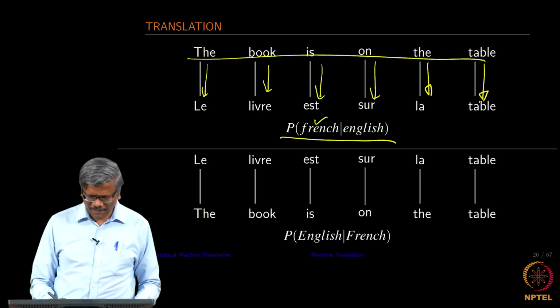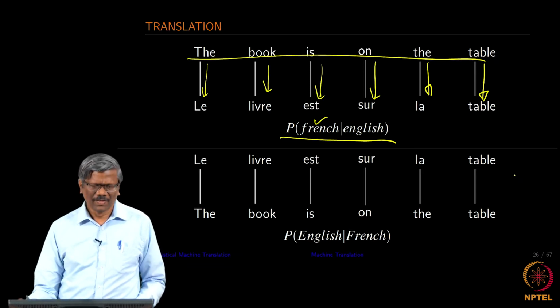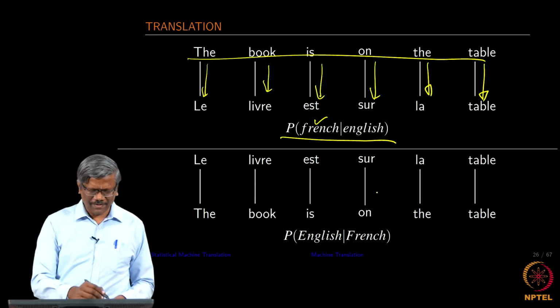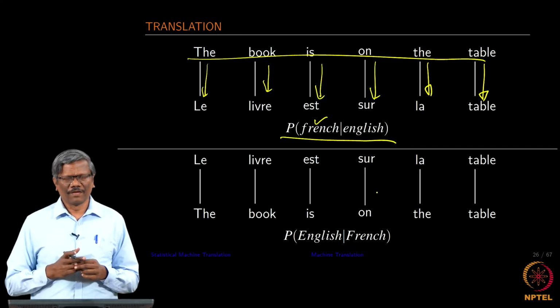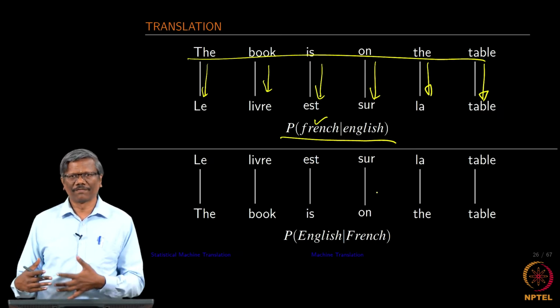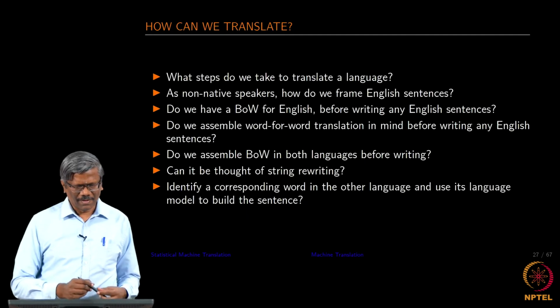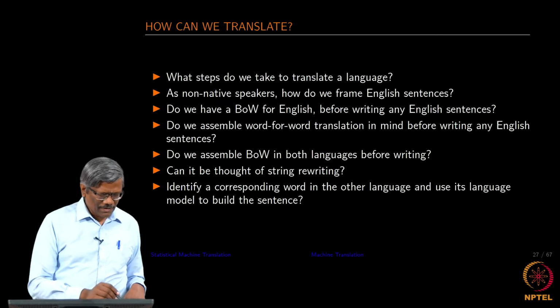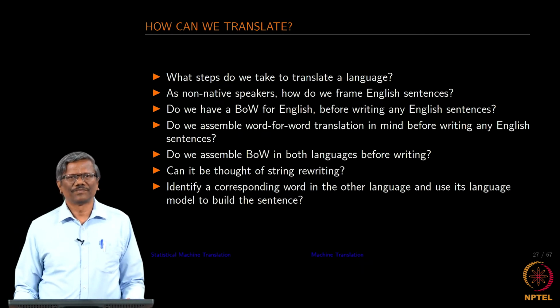And then if we have English to French or French to English, we do this. We try to align the words in the French to the English words. We do not know whether that is the right way to do it or not, but let us do that first. Okay. If we do that, is it possible for us to really get the right translated version?